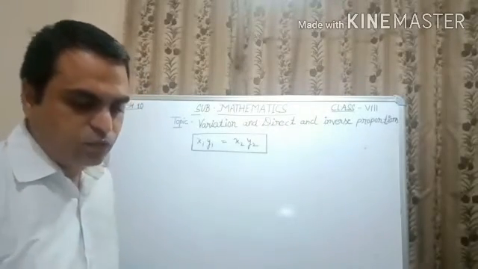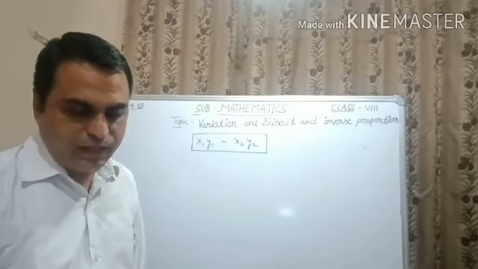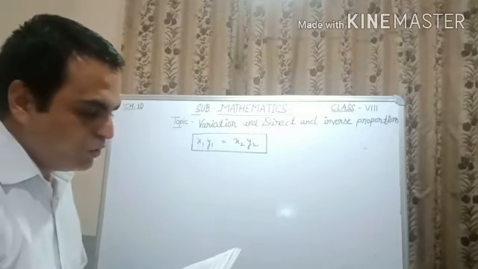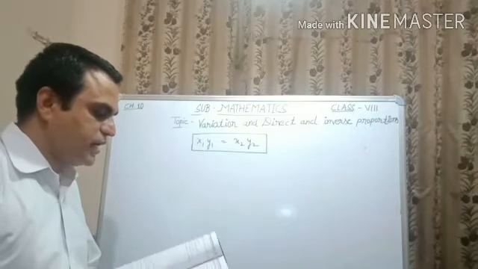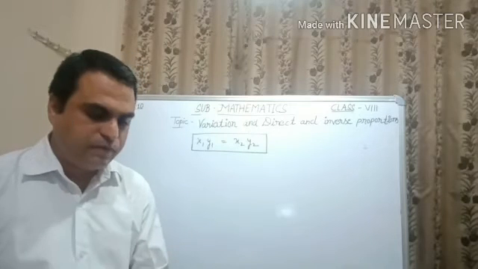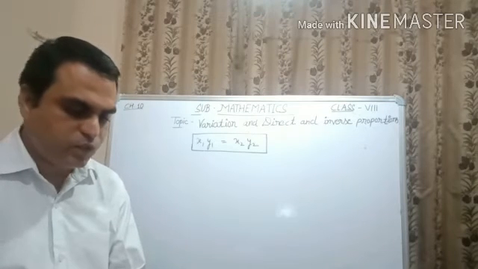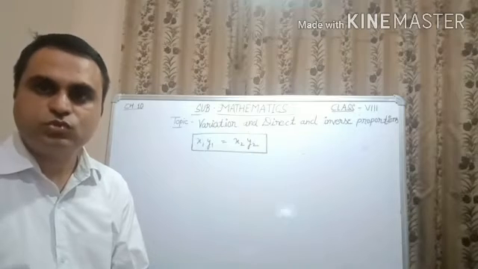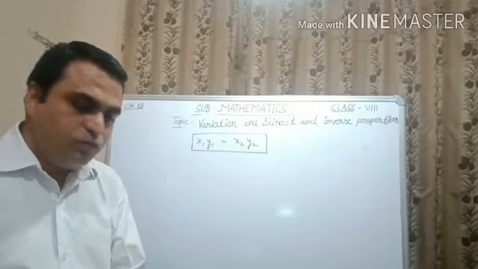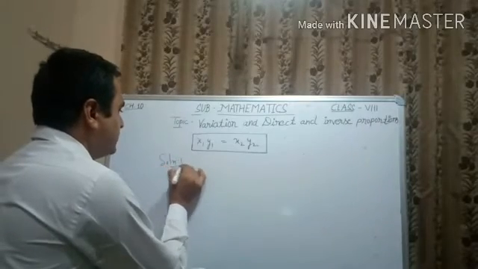Question number 1, which is related to our class exercise 10. State the relationship between the given variables as an equation using k for the constant of variation. The volume V of a gas at a fixed temperature varies inversely as the pressure P. I am repeating the question. State the relationship between the given variables as an equation using k as the constant of variation. The volume V of a gas. Question number 1, first part.